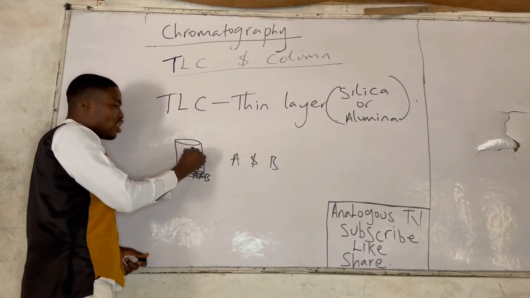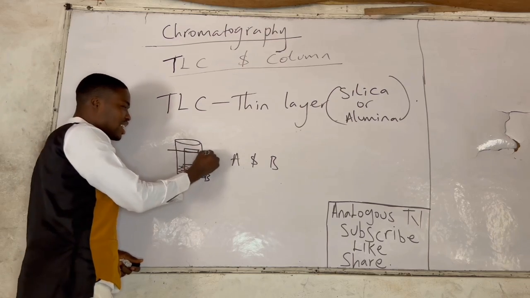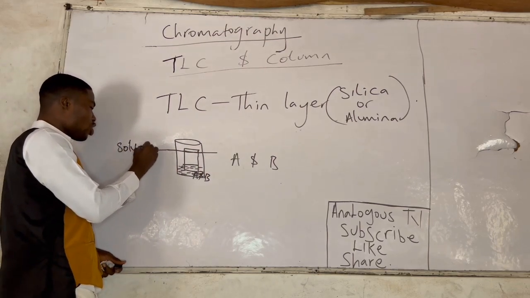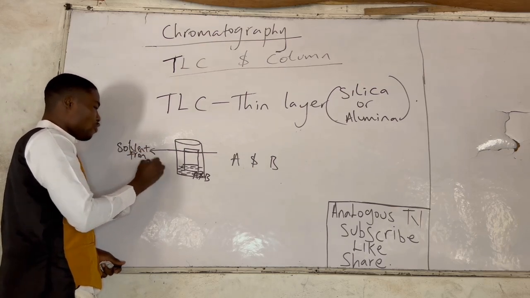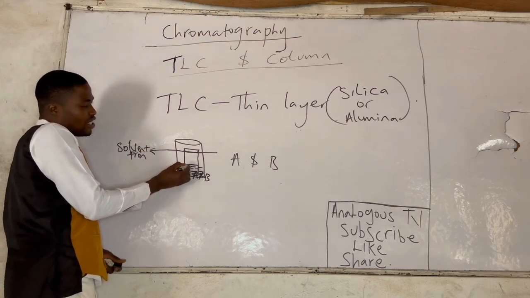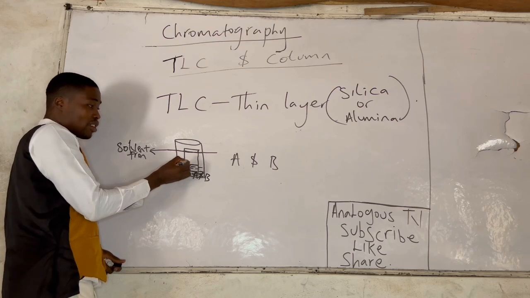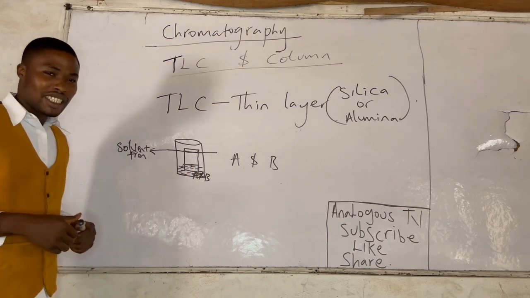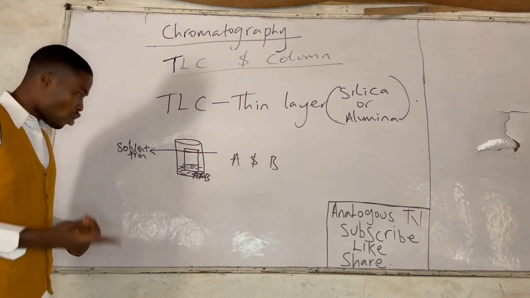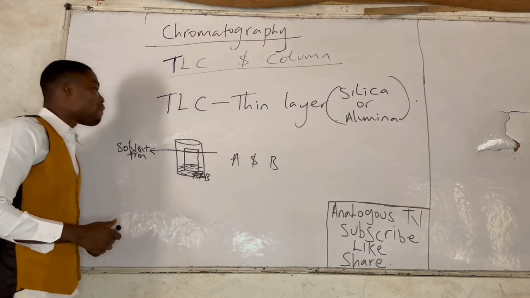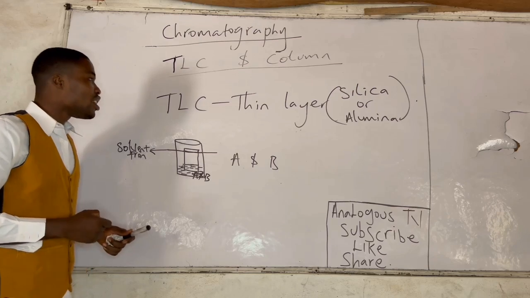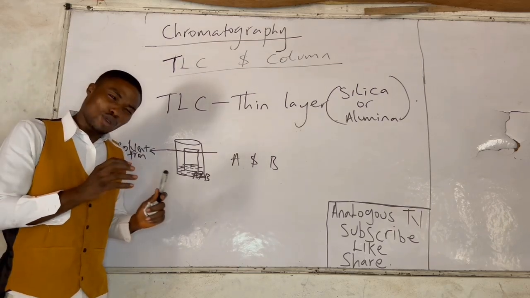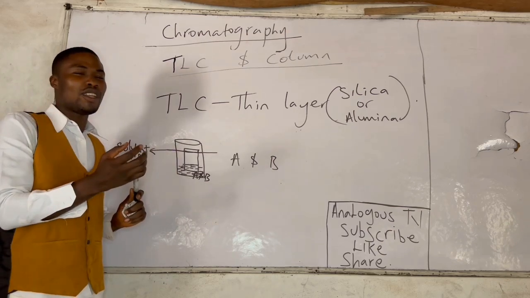The solvent can travel to this distance, and this place can be called the solvent front. The distance from the initial position of the solvent to the solvent front is called the distance moved by the solvent. Beautiful. Now, TLC is very familiar to paper chromatography and also resembles column chromatography